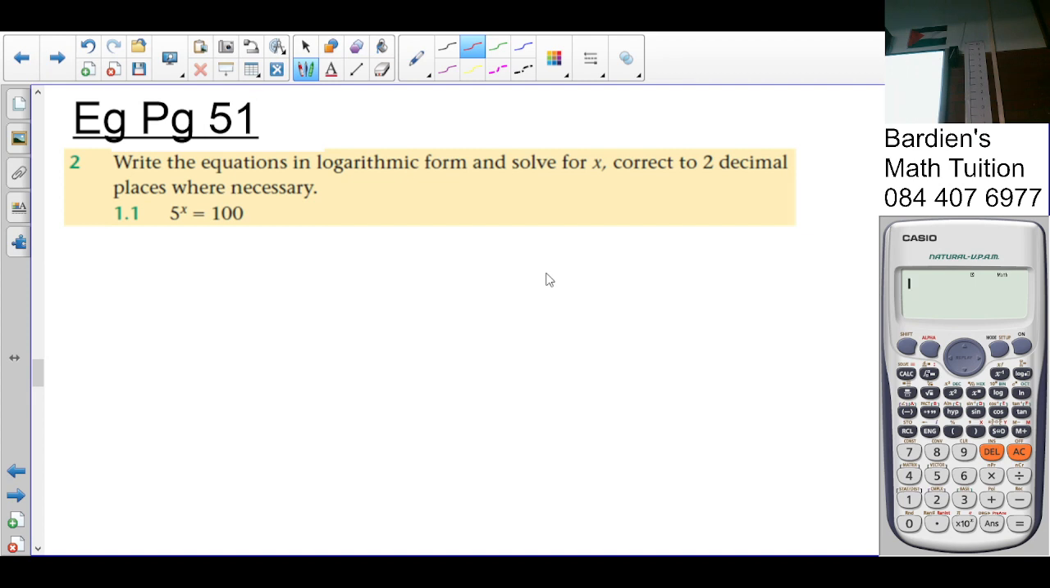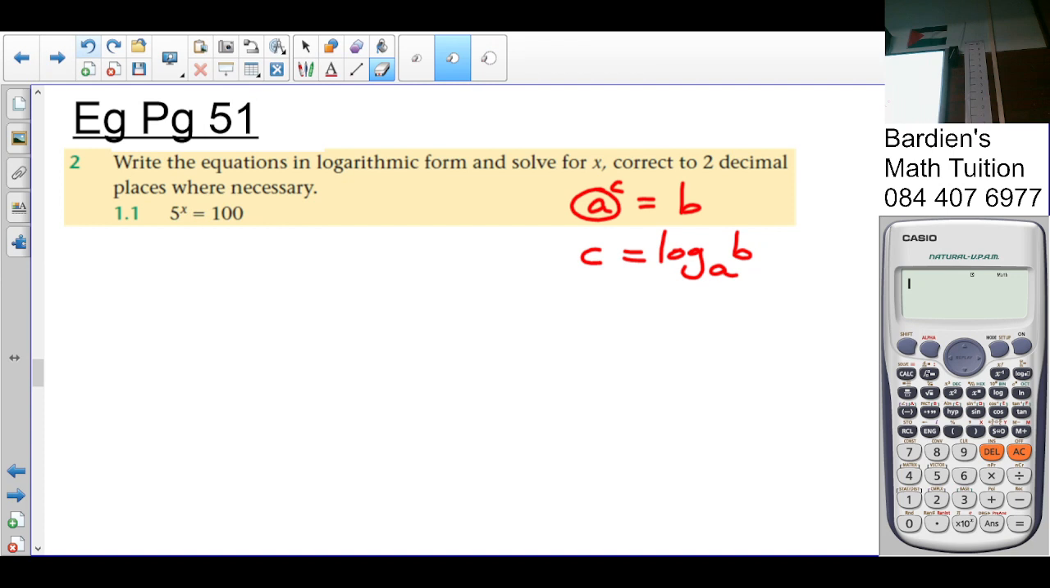So, if you're looking at 5 to the x is equal to 100, we know that a to the c is equal to b, if that's the case. c, which is the exponent, will be the subject of the formula. So c is equal to log b, and the base, which is a, remains the base in log form. And you just check if it is correct. So a to the exponent c is b, yes, and that is correct. So x, as you can see, is the exponent. So that will be the subject of the formula. So we'll say x is equal to log